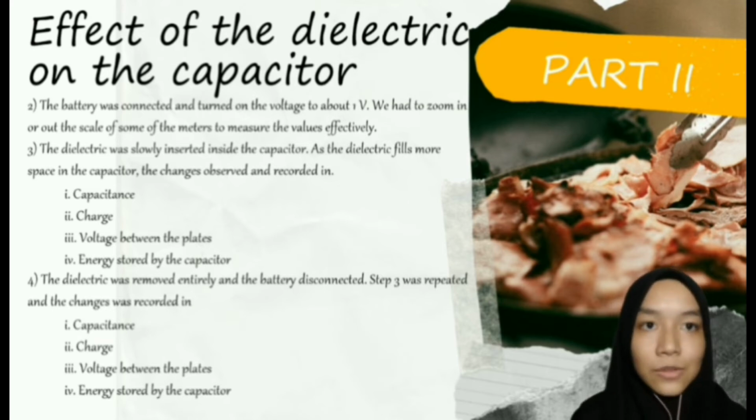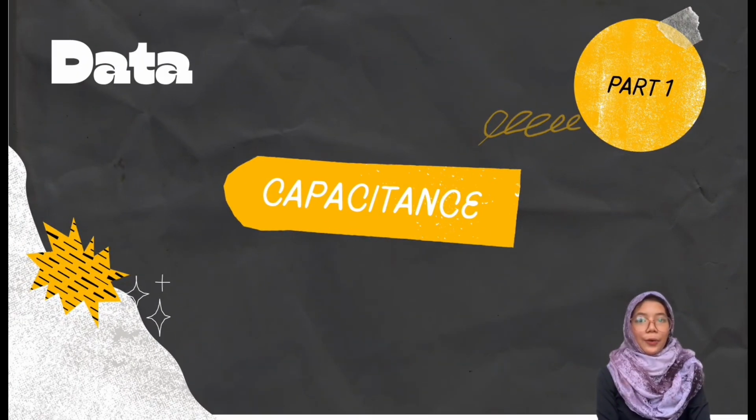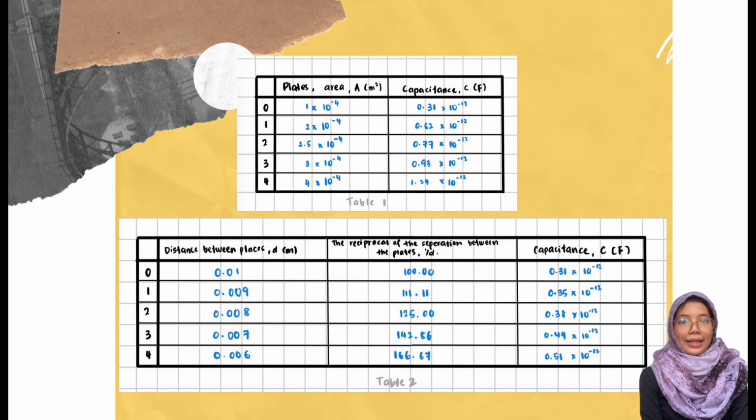Now we move on to the presentation of data and analysis of graph that will be presented by Eva. For the data for part 1 capacitance, we can see for plate area A, for 0 is 1 times 10 power of negative 4, for 1, 2 times 10 power of negative 4, for 2, 2.5 times 10 power of negative 4, for 3, 3 times 10 power of negative 4, for 4, 4 times 10 power of negative 4, and for capacitance